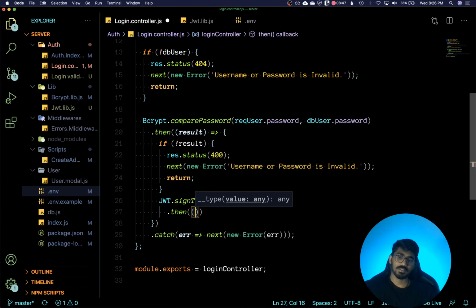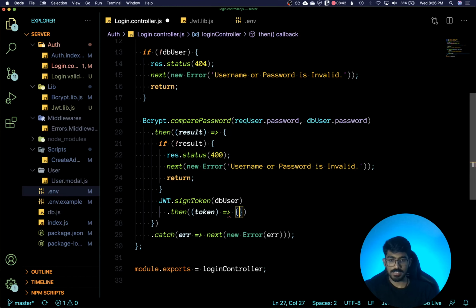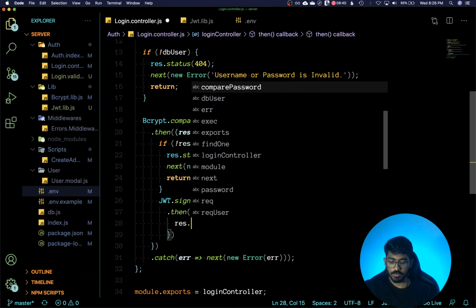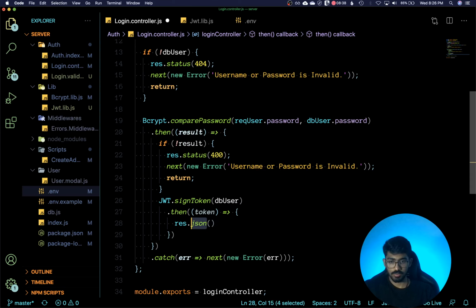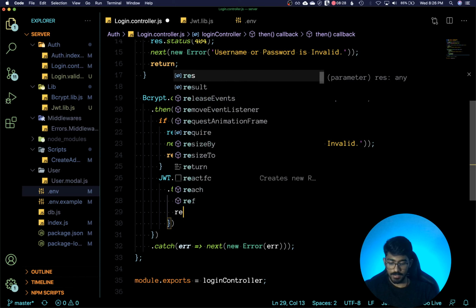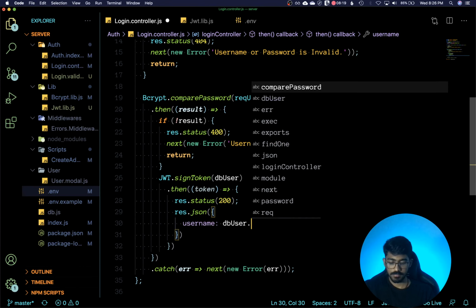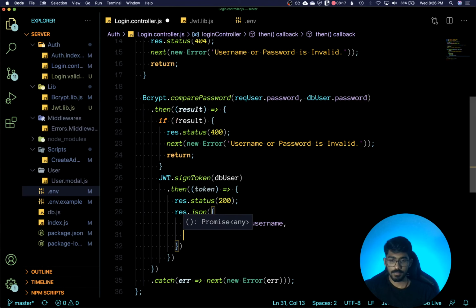And if this promise resolves, which means we have a token which we can send to the user, we'll just set the status code to 200 and response.json will be, let's pass the username, token,